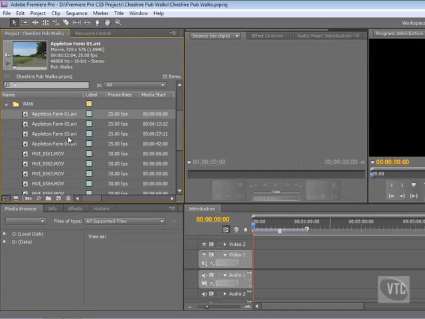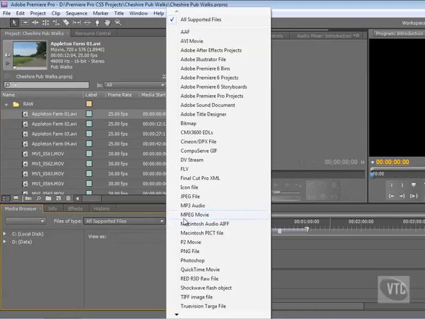If we drop down to this area here I alluded to earlier on in the media browser, files of type, if we just click on all supported files there and just drop the reveal, we can see all the different types of files that Premiere Pro can import, ranging from an AVI movie up at